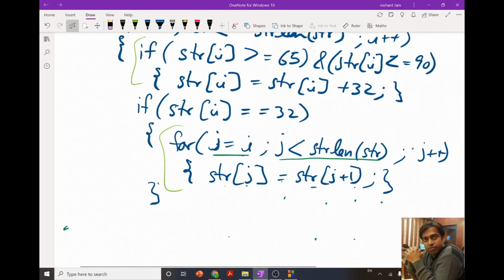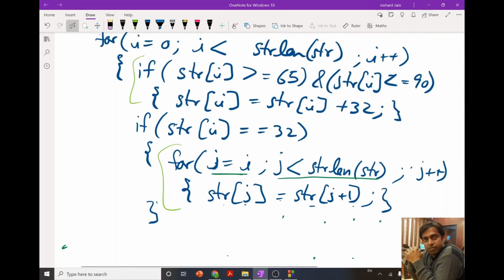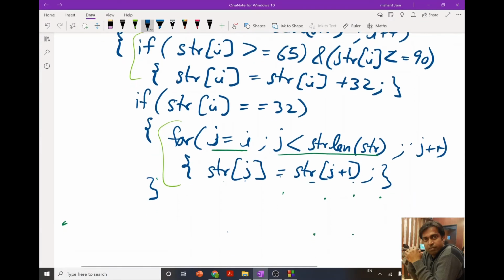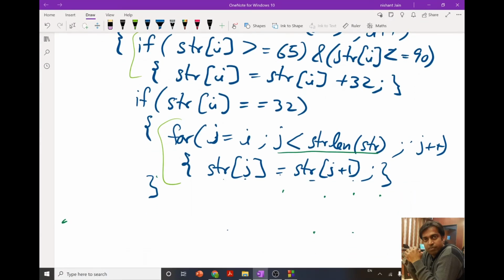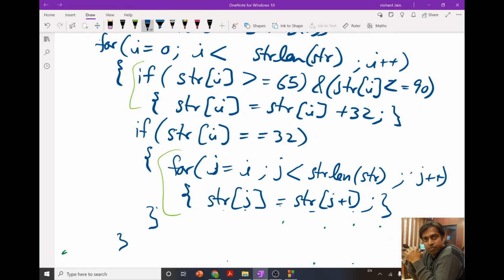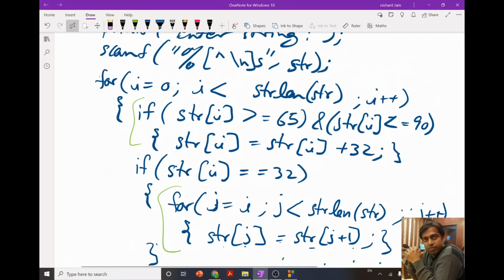So let me come back to our program. Over here we put the code to shift, where if there is a space, then we shift the characters by one position towards left. And once we complete checking for the capitalization and for the space, after that